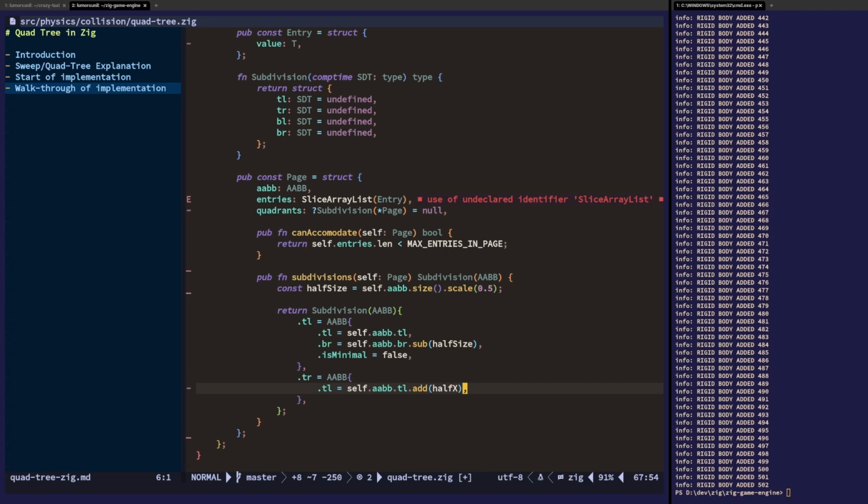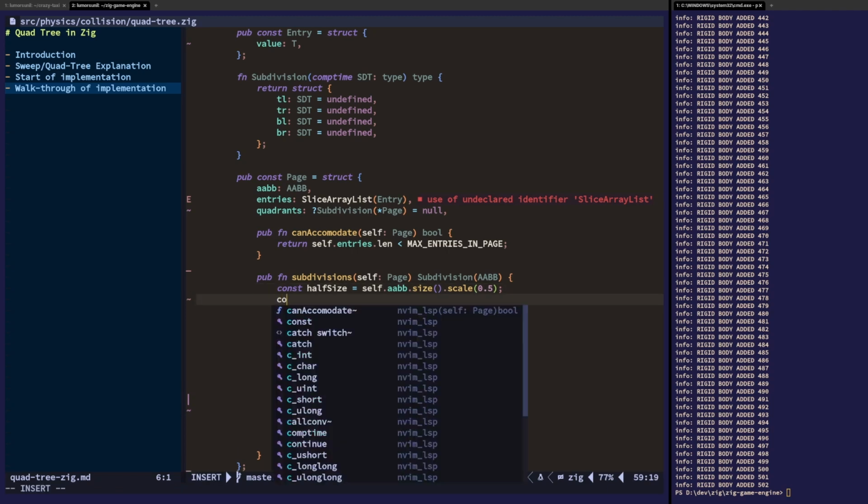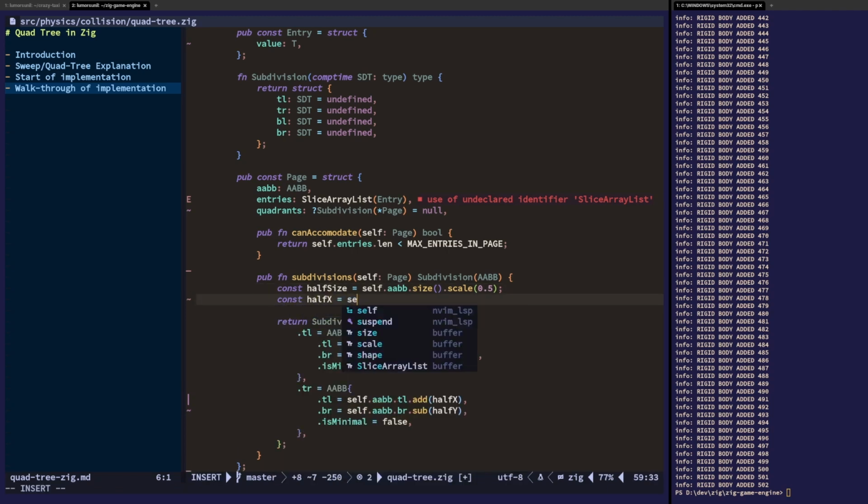So it's gonna move halfway across in the x-axis, and it's not gonna move anything in the y-axis. And then we have the bottom right, which is gonna be moved upwards half y. So this is gonna have to be subtracted by half y. Now, and also we need is minimal. And let's define half x. So this is gonna be,